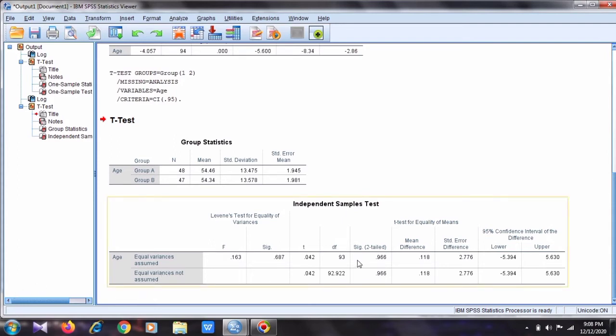Here you always check the Sig. two-tail, not Sig. We have to check the Sig. two-tail for the two-tail test here, since it is a two-tail test. So it is 0.966, which means it is not significant. That means we accept the null hypothesis, and the null hypothesis is that the mean for the two groups are